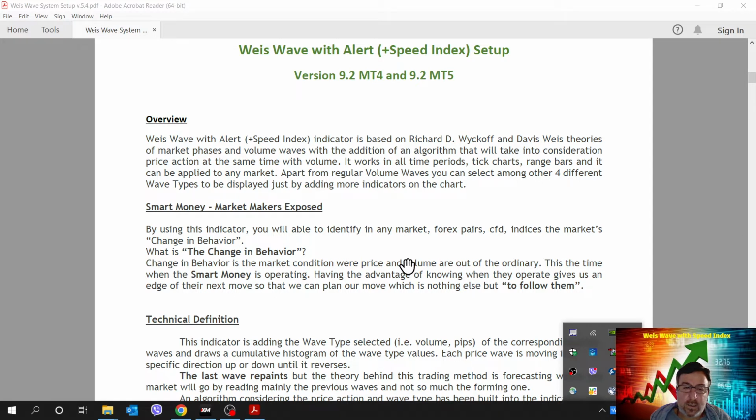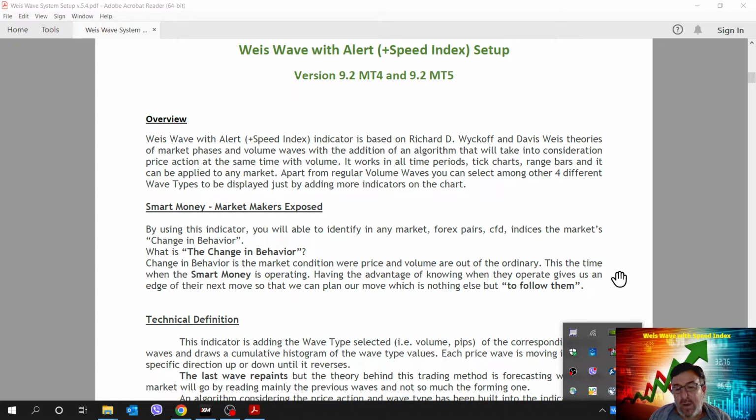And what is change in behavior? Change in behavior is the market condition where price and volume are out of the ordinary. This is the time when the smart money is operating.